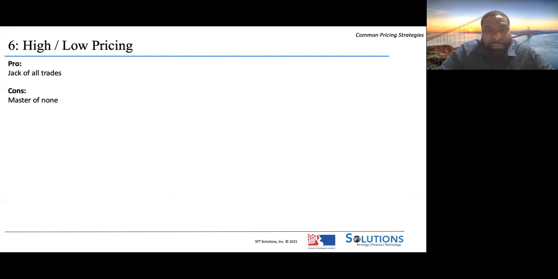So there's a saying, jack of all trades, master of none, right? So if I know that I want consistently high quality goods, the Gap probably isn't my go-to, right? When I think consistent high quality goods, I think of Gucci, I think of Louis Vuitton, I think of people like that. I do not think of the Gap.